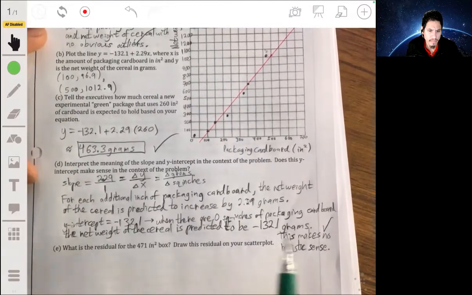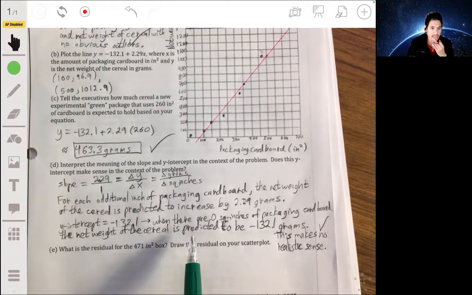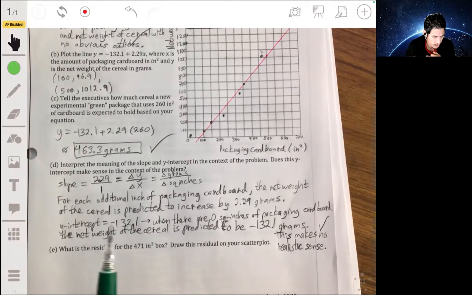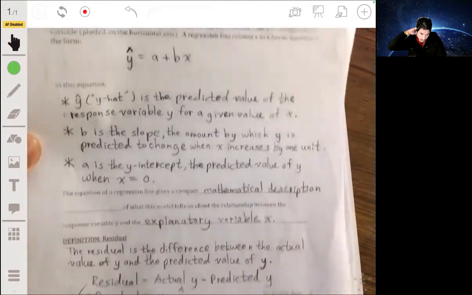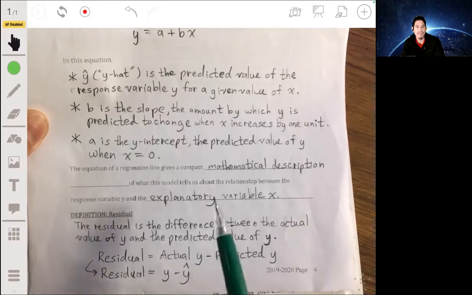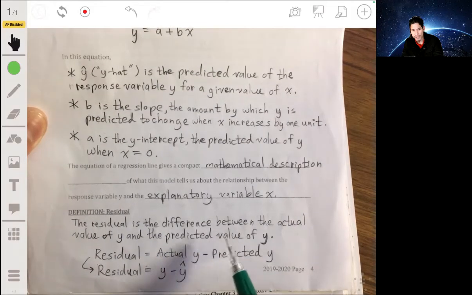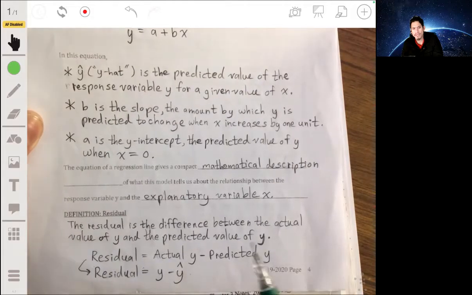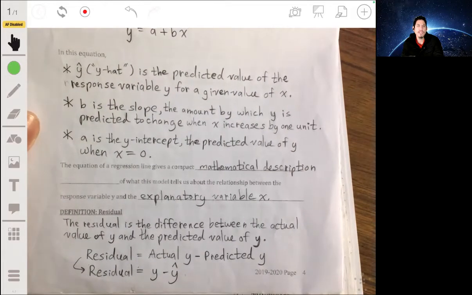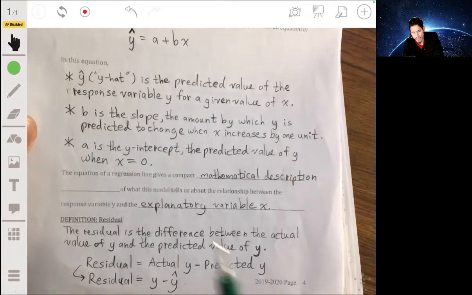All right, so now part E: what's the residual for the 471 square inch box? Draw this residual on your scatter plot. Okay, so going back to what residual means. The residual is the difference between your predicted y value and the actual y value from the data. In other words, when you're using your least squares regression line, or whatever line you're